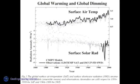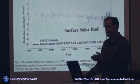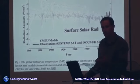Global dimming is something people should be familiar with as well. As of the latest reports, 22% of the sun's direct rays no longer reach the surface of the planet. They're being blocked. The planet is literally encased in a cocoon of toxic metals. Yes, pollution is a part of this problem, but we believe a small part in comparison to the geoengineering dispersed aerosols. So as they block the sun, the list of consequences is horrific, one of which is vitamin D deficiency,